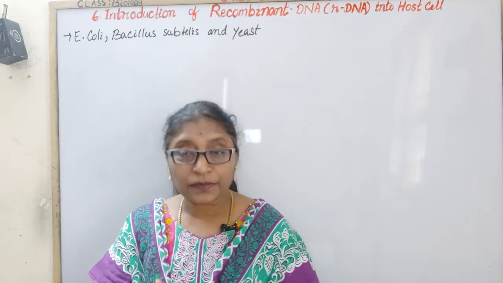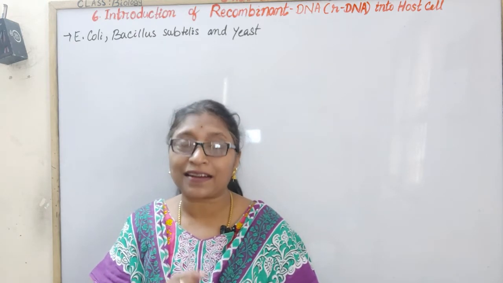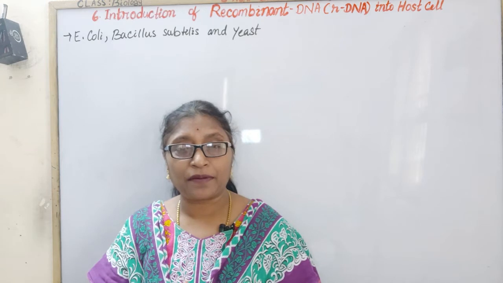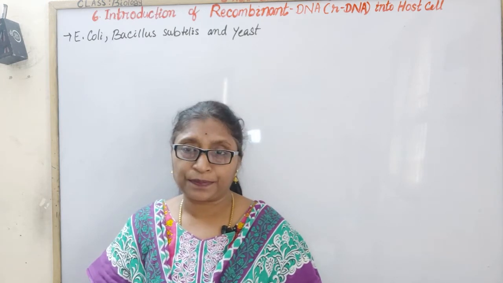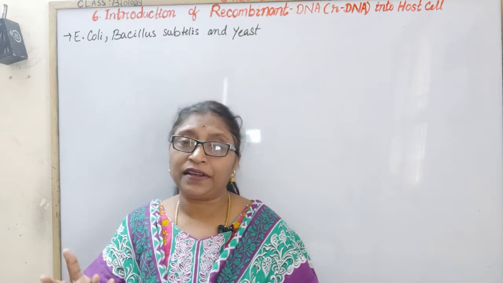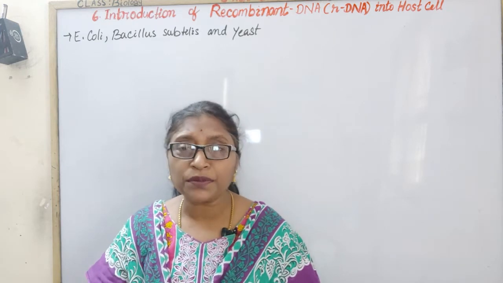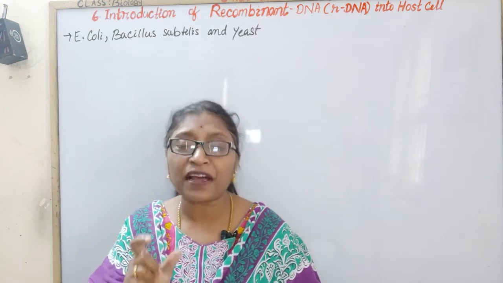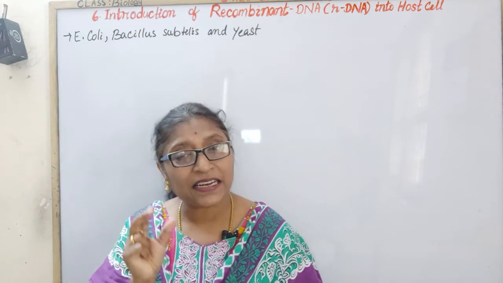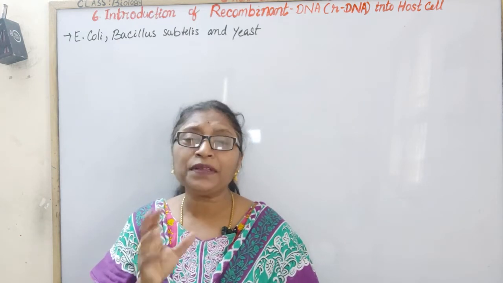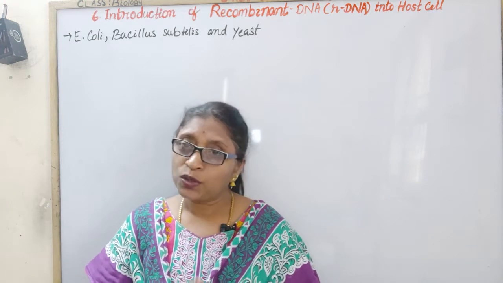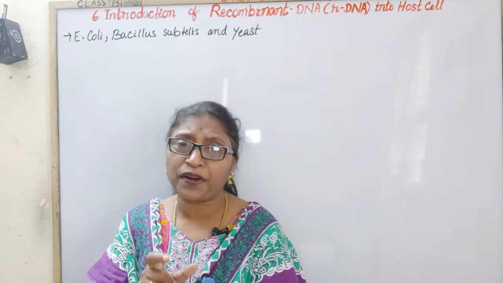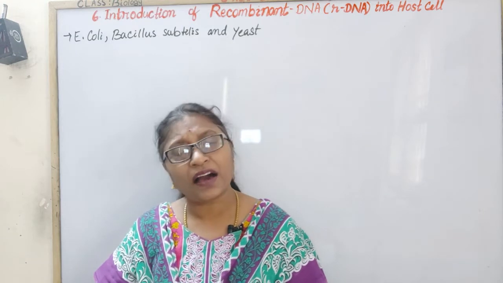Then the separated DNA fragments are collected and transferred to the nitrocellulose membrane or nylon membrane by the process of Southern blotting. Then recombinant DNA is formed. How is it formed? They are incubated: the passenger DNA, the desired gene or desired DNA fragment, and the digested vector, along with the ligase, so that the desired DNA fragment is incorporated with the vector DNA, producing the rDNA.